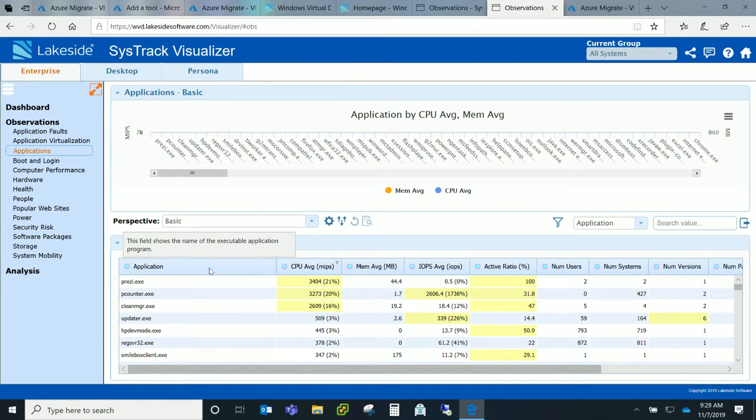How much CPU are they needing? Are there any applications that are not being used at all? Are there any applications that have different versions available, and do you need to standardize them? So there is a whole bunch of reports that you can look at, and you can really understand your user segments. You can really understand your applications and how they are used, and decide your migration path to cloud.